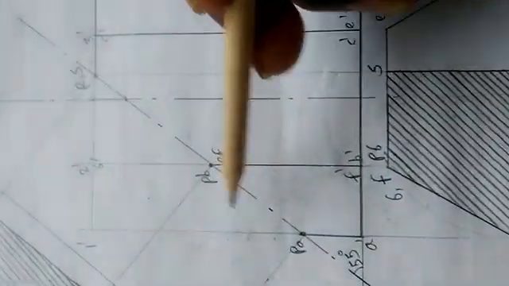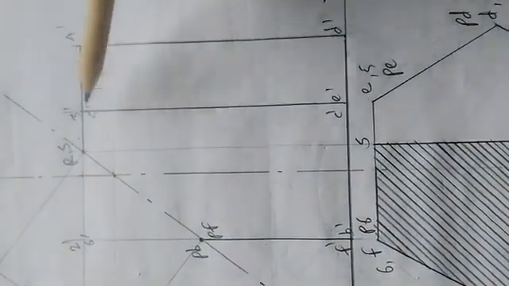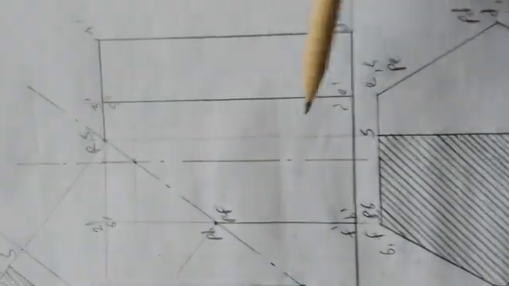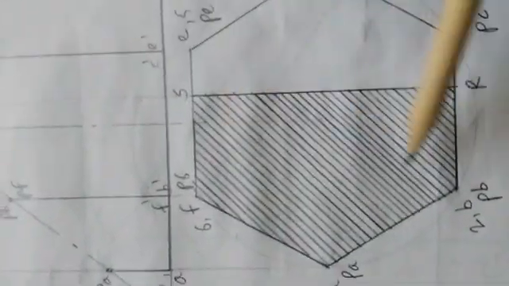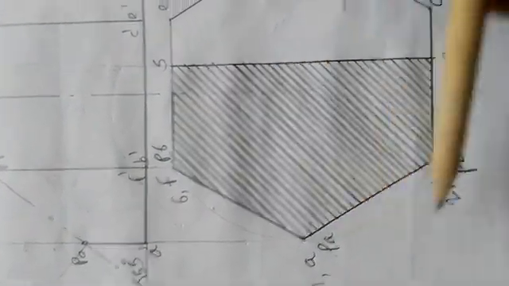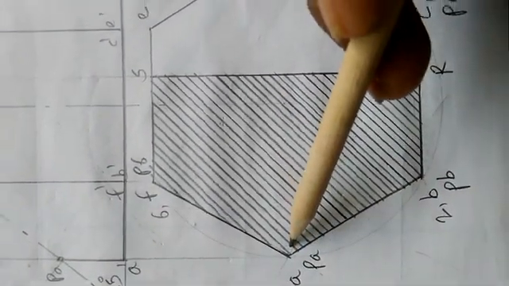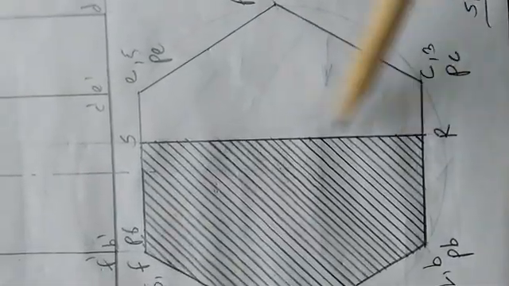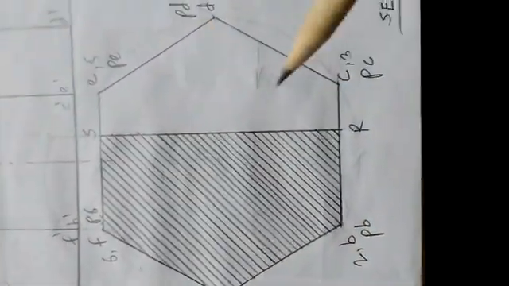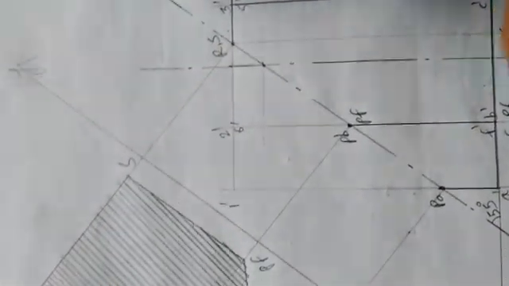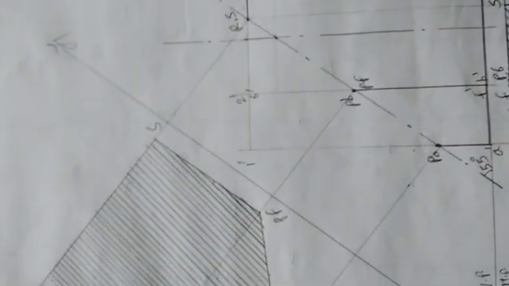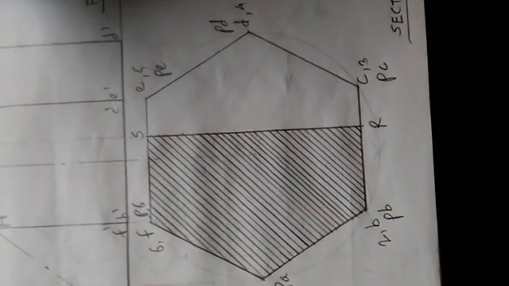This much part only is getting cut. This part will be unhatched. This cutting plane will not harm this top surface, so this should be unhatched and this should carry hatches. Accordingly the names also I have given: PA, PB and PF are here, RS is here. So the sectional top view we have completed. This one is the front view. And the last, third essential solution is the true shape of this apparent section.